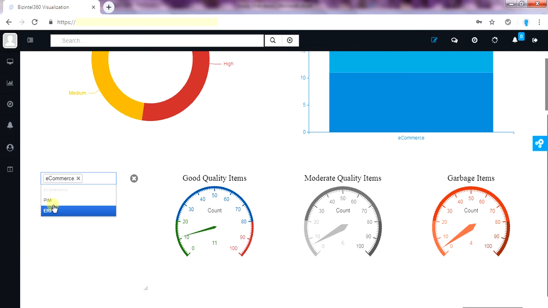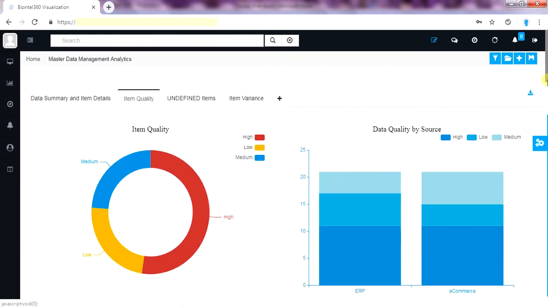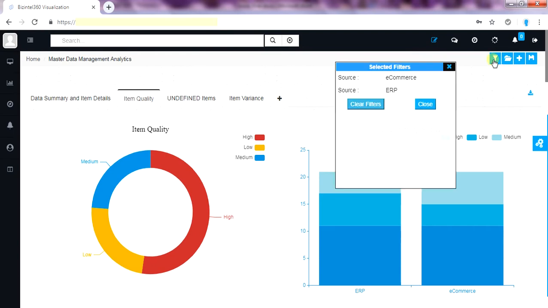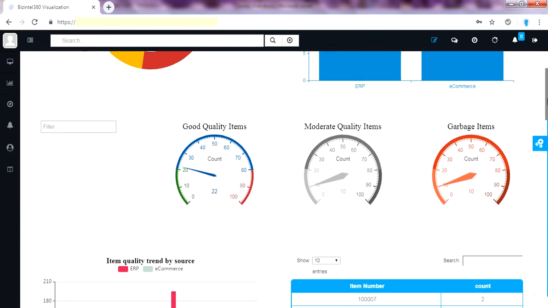We can also get a combined view with ERP. The percentage of garbage data is too high. The goal of the team should be to monitor and improve and lower down the percentage to below 3. I can clear the filter from here. Back to normal state. On further moving down to the dashboard,